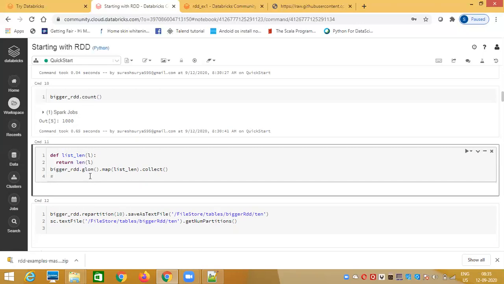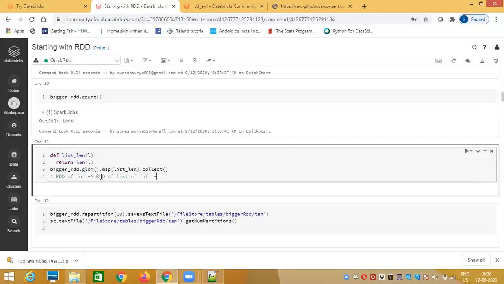So how is your transformation happening? I have an RDD of integers, and the moment I call the glom function, it converts your RDD of integers to an RDD of lists of integers.